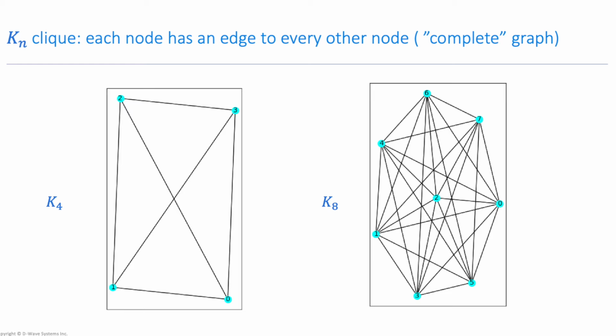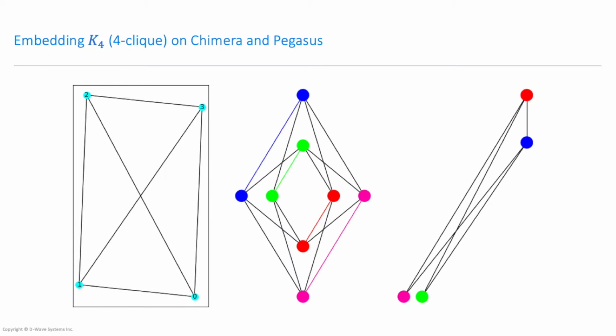So again, that's a complete graph. Every node has a connection to every other node. And embedding a K4 on Chimera and Pegasus is one way to show the benefit of Pegasus right away. You can see in the Chimera in the middle of the picture here that embedding the 4 clique on Chimera